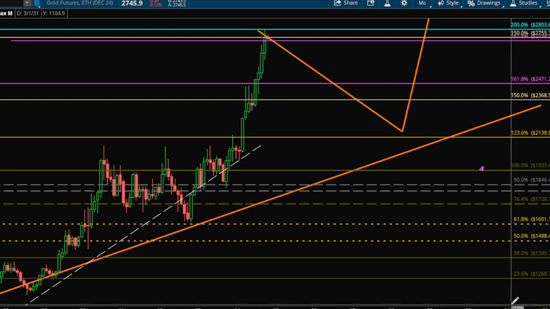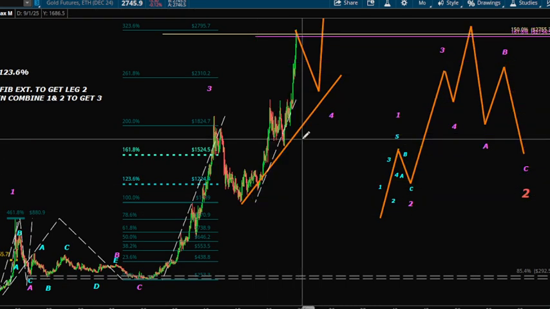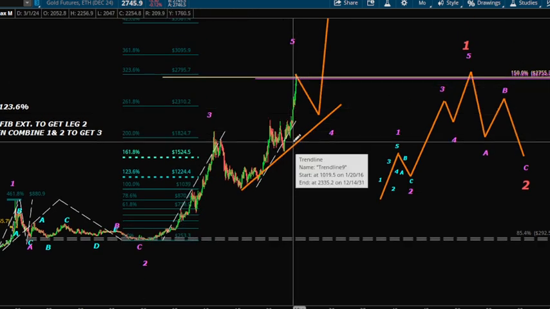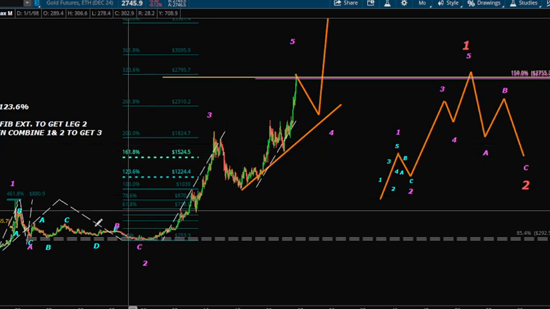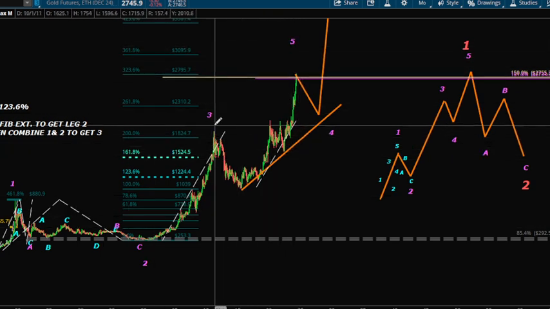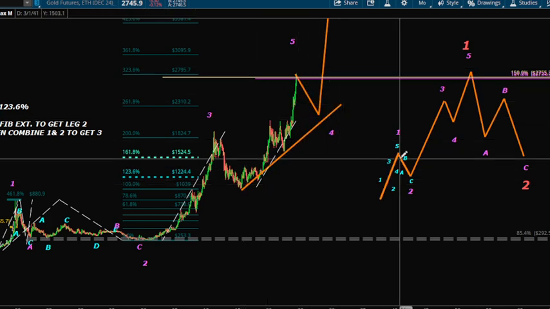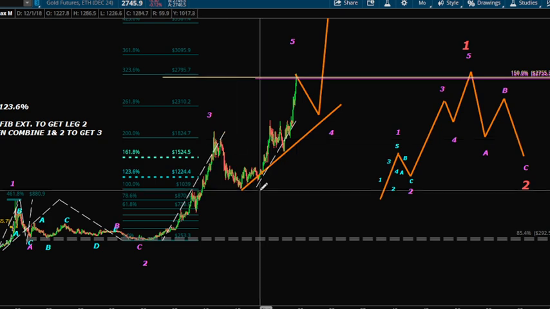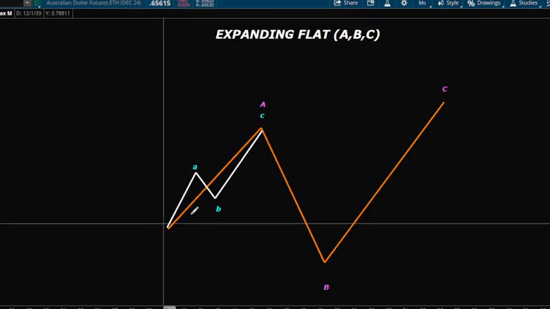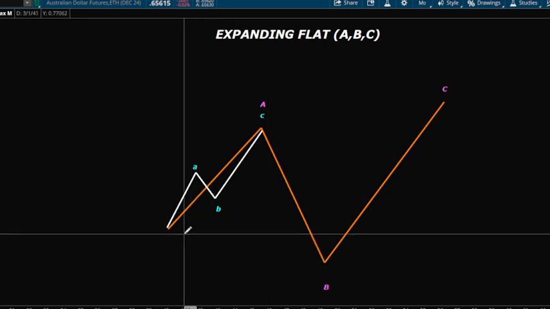Now let's take this out again. I can remeasure that later. So I'm trying to get to this leg here. There is an argument that this still could be a five-wave structure, but this being maybe an A and a B, and is it a C, D, E, or is it an expanding flat, which is A, B, C? An expanding flat is something like this, where the B leg goes past the start of A,